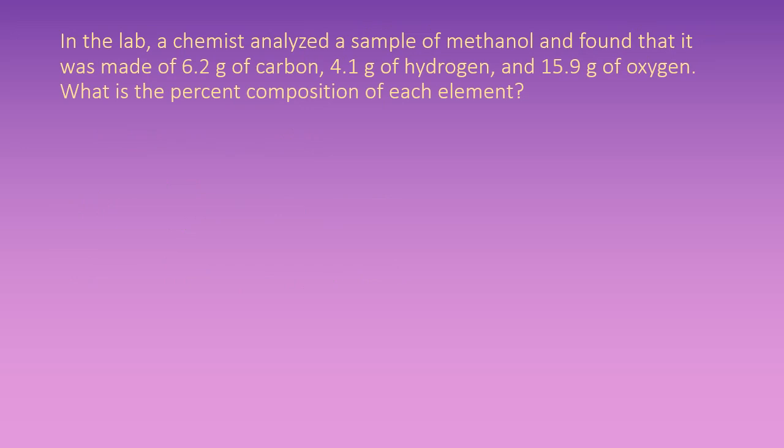Here's our next example. In the lab, a chemist analyzed a sample of methanol and found that it was made of 6.2 grams of carbon, 4.1 grams of hydrogen, and 15.9 grams of oxygen. What is the percent composition of each element? So again, for this one, they're going to want you to assume that all of the amounts of each separate element made it into the compound, and so therefore the total overall mass of the compound is each of the different elements added up, and the total mass in this case would be